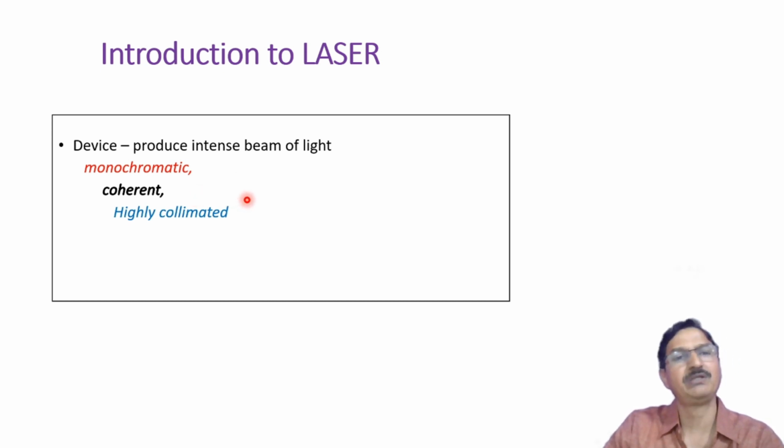If we compare laser with ordinary light, these are the important characteristics: it is an intense beam, the divergence is very small, and therefore a laser beam can travel a very large distance. Because of these characteristics, laser is used intensively in many fields. These fields are research, medicine, and military applications.